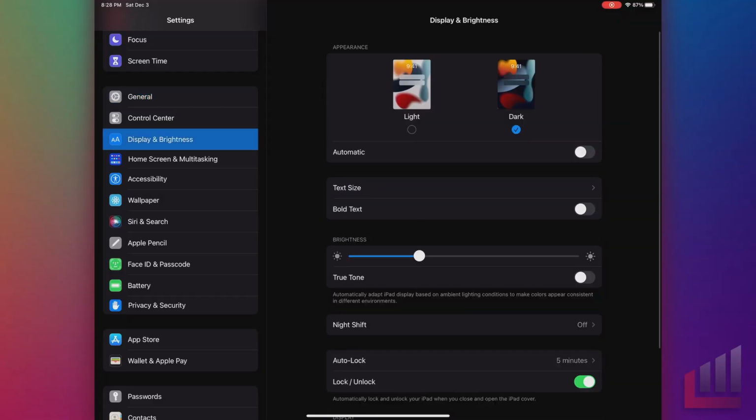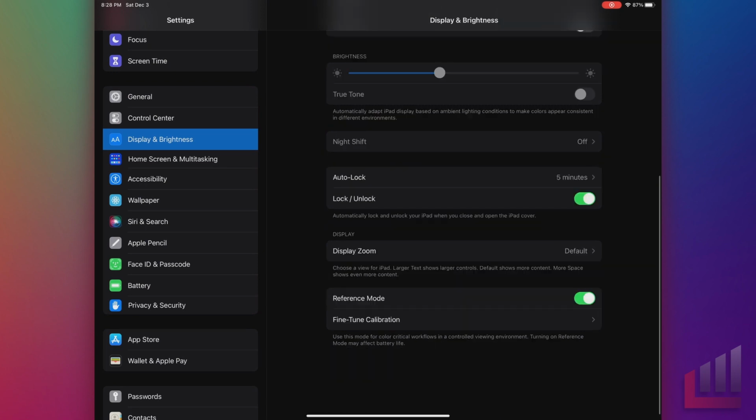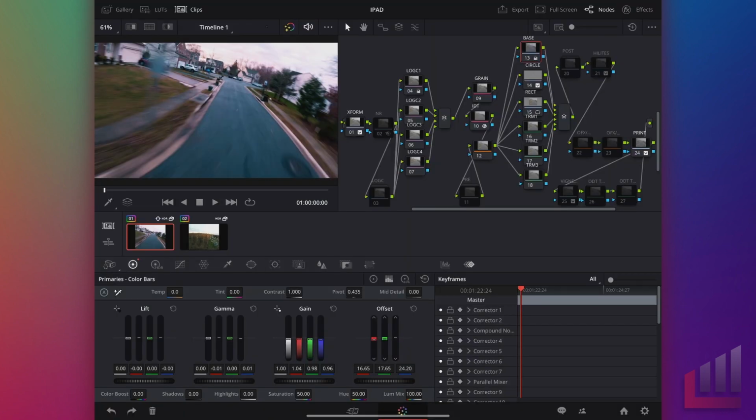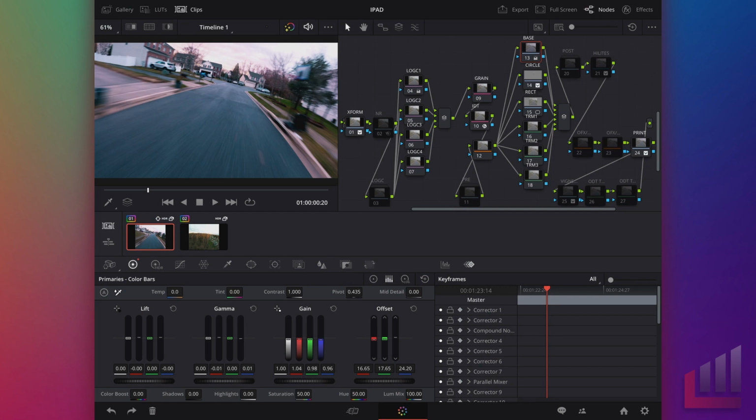So if I go into settings, display and brightness, and turn on reference mode, you'll notice we don't really get a lot of options here. We don't tell it what color space we're in, what we're doing. All of that is up to the software to control. So jumping back into DaVinci Resolve, not much has changed here, but that's because the viewer is driven by the